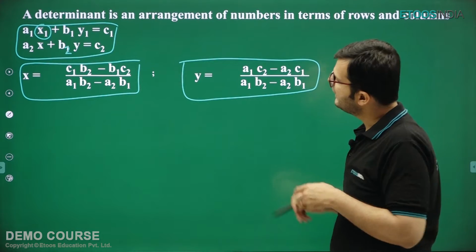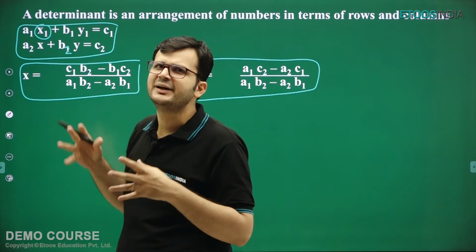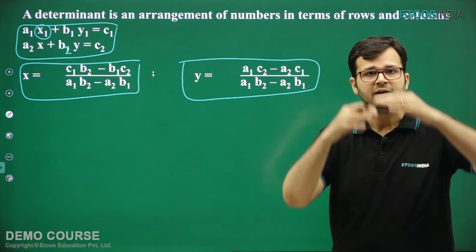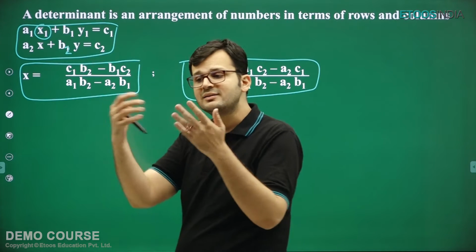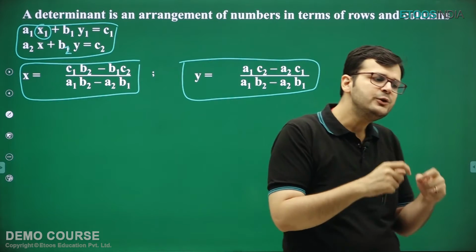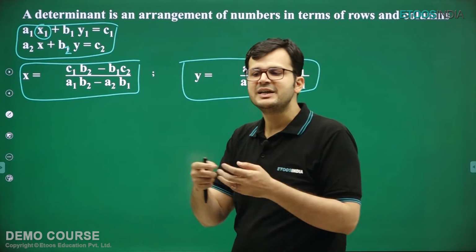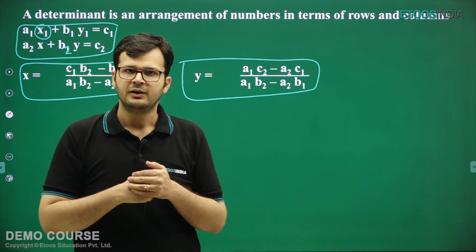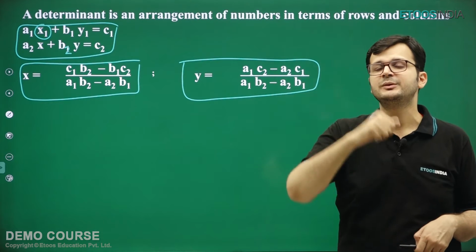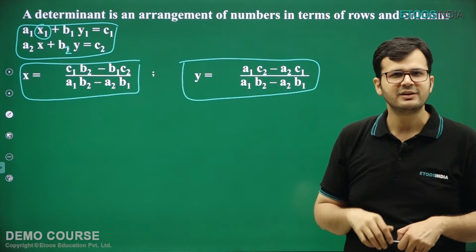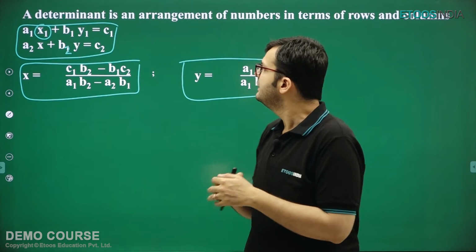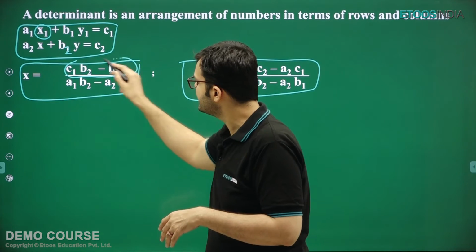So when mathematicians looked at this, a lot of complicated expressions are getting generated, and these are only two equations and two variables. If there were three equations and three variables, the answers that we get for x, y and z are even more complicated. So the mathematicians invented a new system of writing the data, which is easy to write and communicate between each other. Just imagine if you have to tell someone that the value of x is c1 b2 minus b1 c2 upon a1 b2 minus a2 b1, the other one is never going to memorize this or even understand what you are saying.